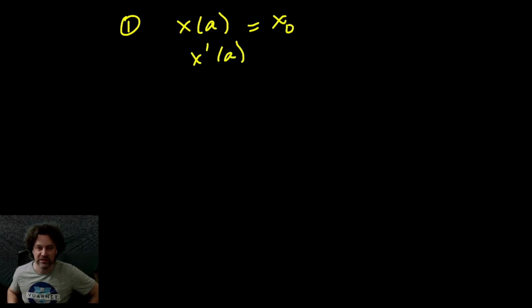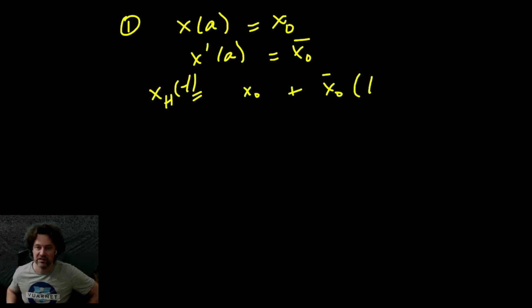So we're going to start with the single point conditions, and that is x of a equals x naught, and x prime evaluated at a is x naught bar. So our homogeneous solution is just x naught plus x naught bar times (t minus a). So at t equals a, this is killed, we're just left with x naught, and the derivative is just x naught bar. So our homogeneous system is satisfied, and our full solution is